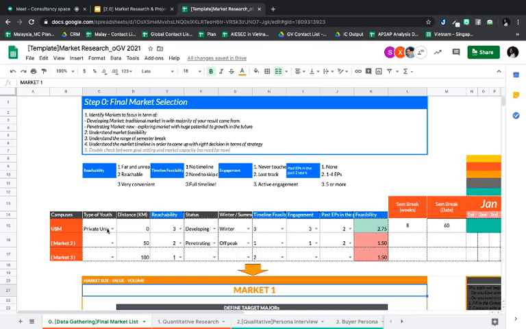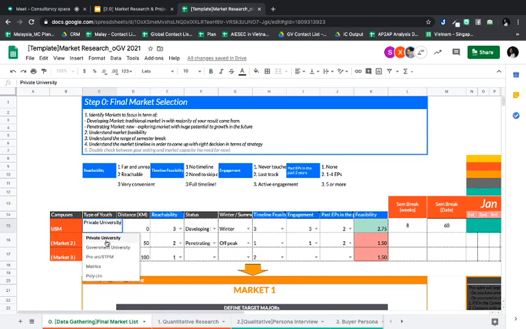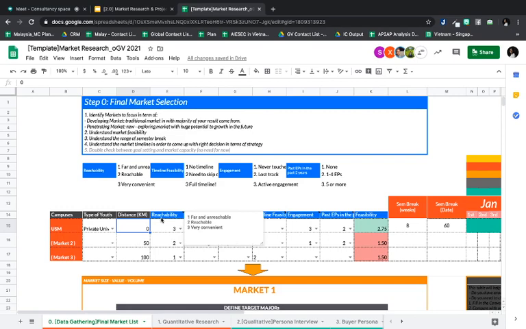First of all, you can choose by private university, government university, pre-U, or some of the other options as well. Second is the distance, how far it is, and with this distance, whether it is reachable or not.